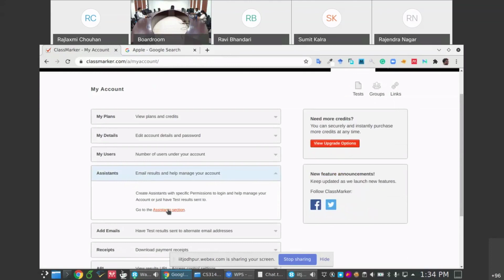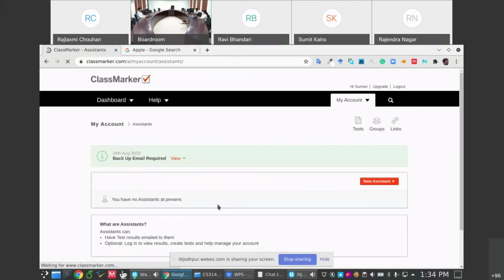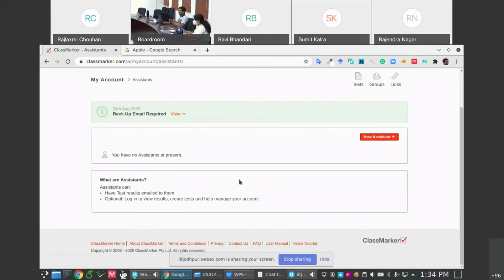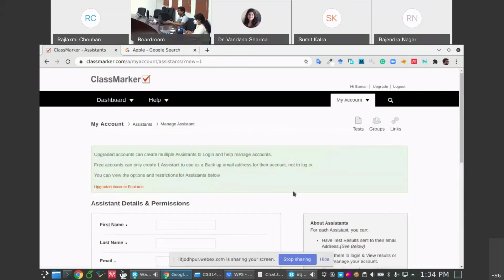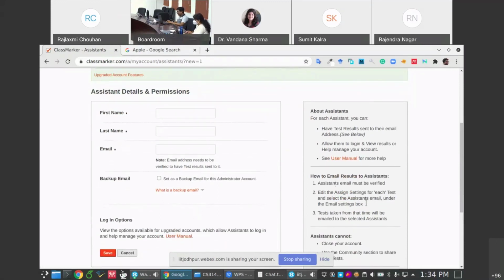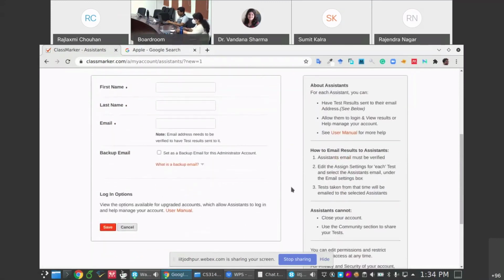So you can add an assistant who can see the results and copy the results into whatever format you want to. So you can add a new assistant. And for the assistant, it's written, I did not try it so far, but it's written that you can control the access. So once you have the assistant, you can control which group this particular assistant is assigned to. So if you have any questions.